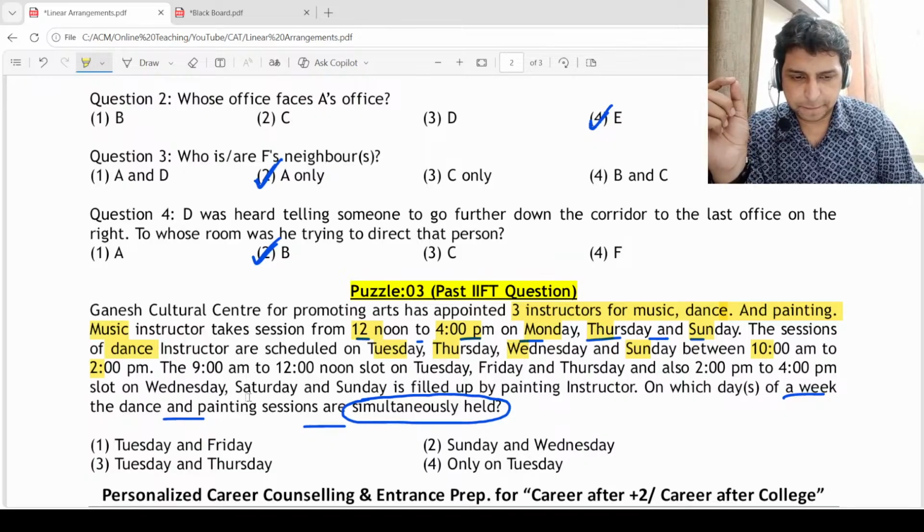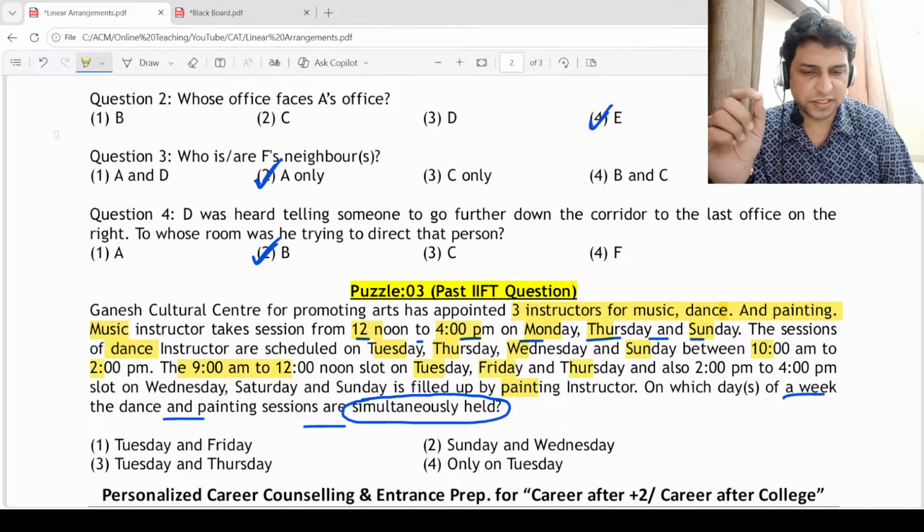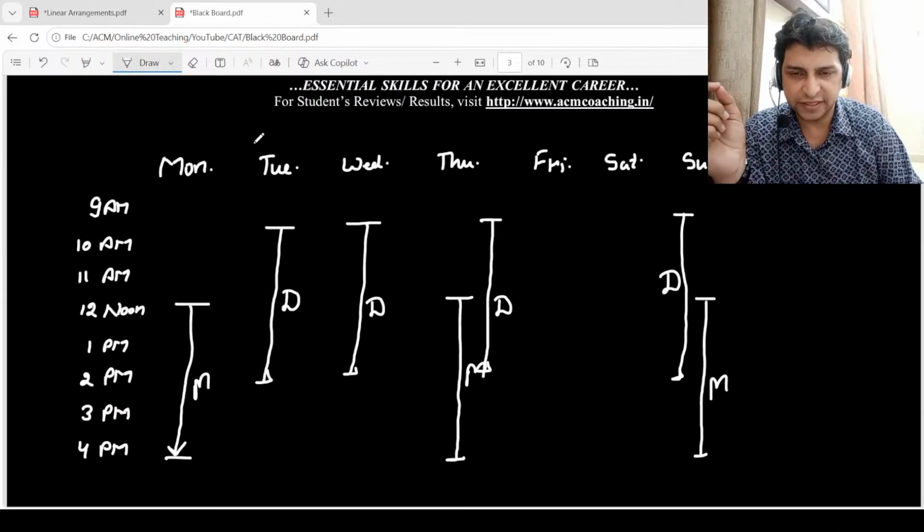Now, the painting instructor said that I'll take the class from 9 to 12 on Tuesday, Friday, and Thursday. So Tuesday, Thursday, and Friday, 9 to 12, painting. Tuesday,